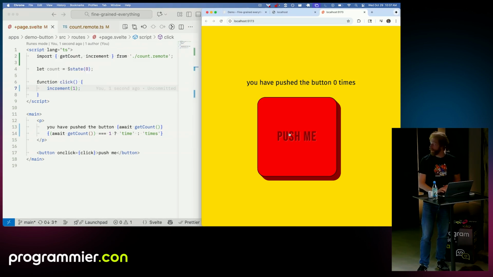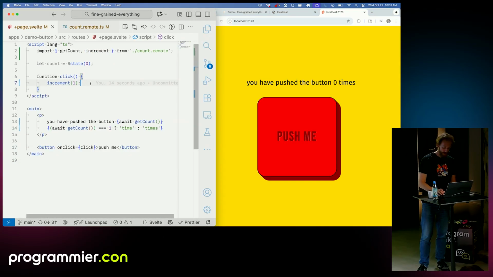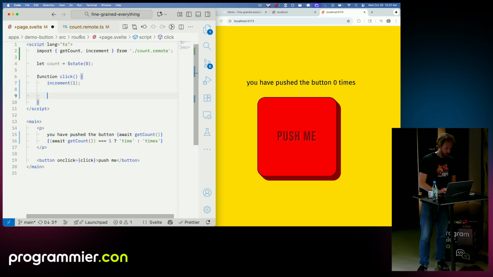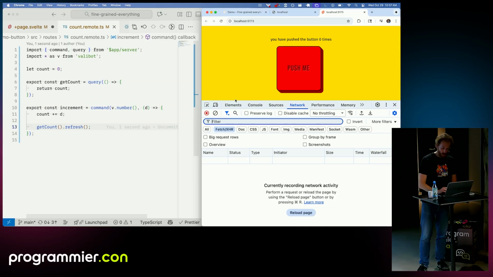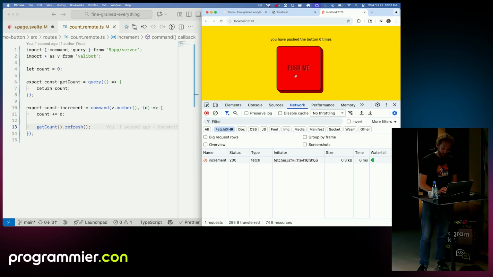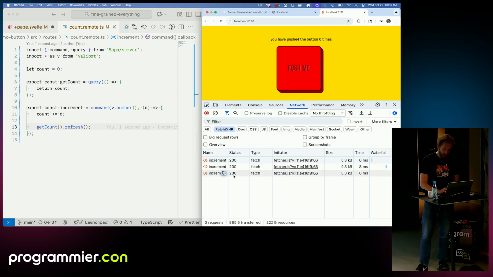If I push the button, nothing happens. That's because SvelteKit doesn't know what needs to update as a result of that action taking place. So go back over here. Inside this increment function, we're going to grab the query and refresh it. And so now when we push the button, you can see that we are getting payloads that are not 5 kilobytes or even 2 kilobytes. It's 0.3 kilobytes, and the content of that